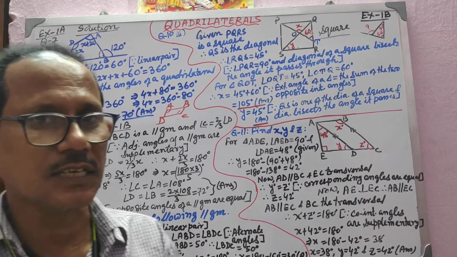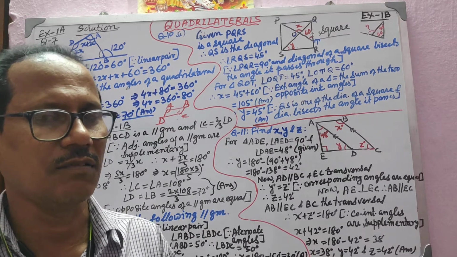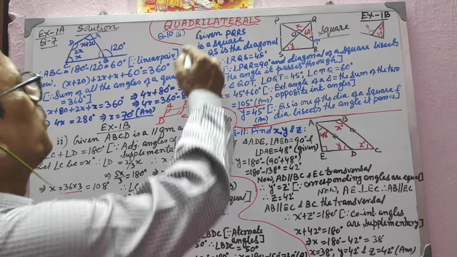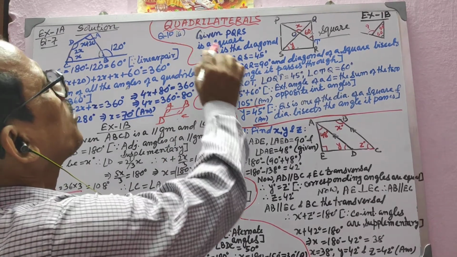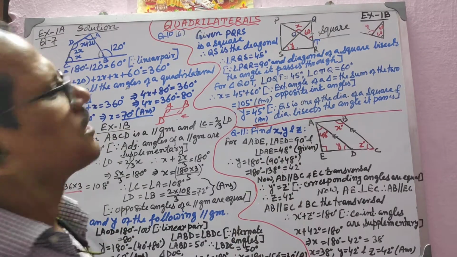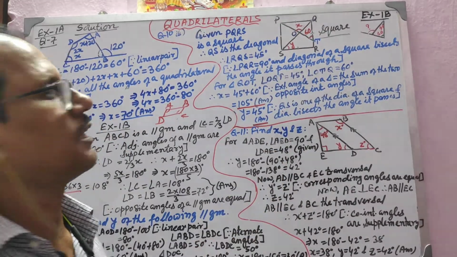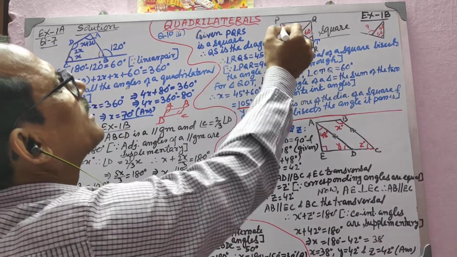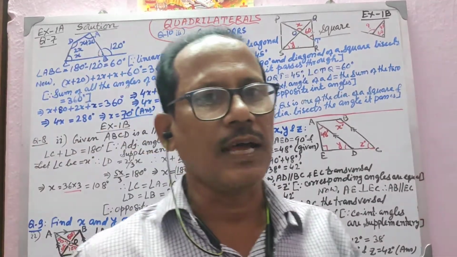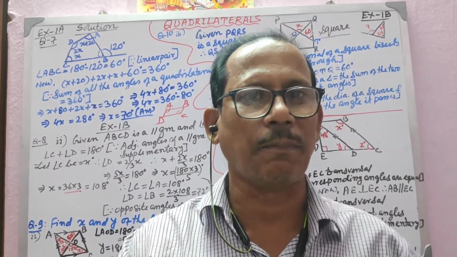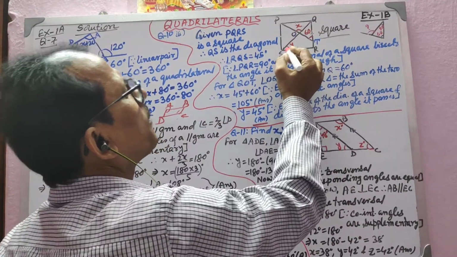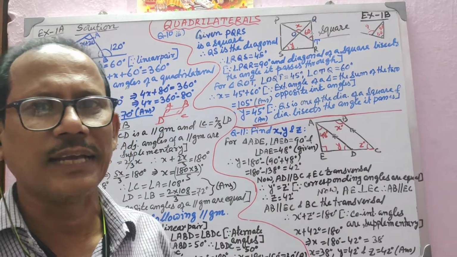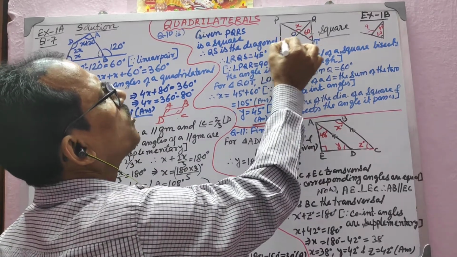You have to just visualize the figure the right way, and find out the proper implementation of that law. Now moving on to question number 10. The third one I have taken. PQRS is a square. That's a very important sum, I believe. One of the diagonals of the square is given to you. QS is the diagonal given to you. See, diagonals of a square bisect the angle through which they pass. That means QS will bisect this. All the interior angles of a square are equal to 90 degree. So this is altogether 90 degree.